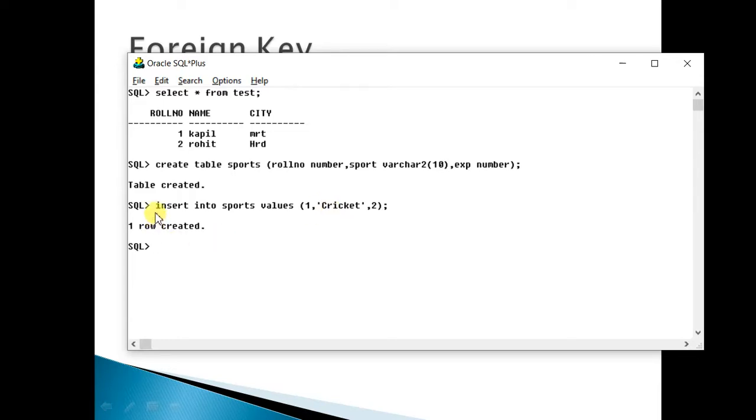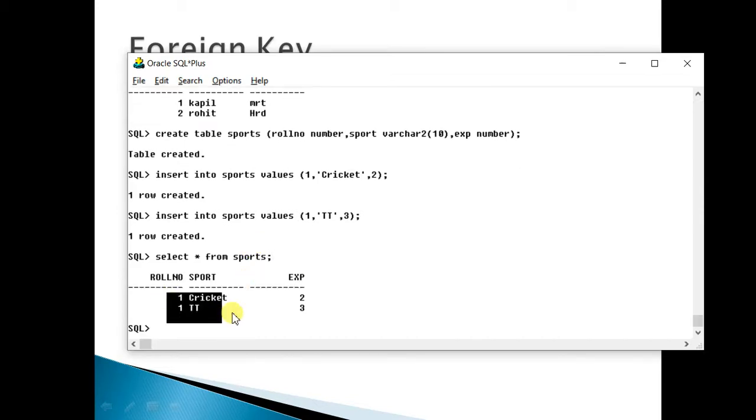Now it might be possible that roll number one is also having interest in table tennis, and he has experience of 3 years. Now you can see, select star from sports.